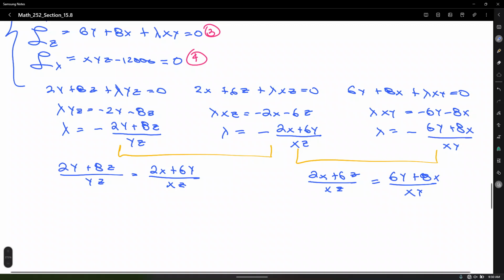Okay, cross multiply the equation. Cross multiply, cross multiply, cross multiply, cross multiply. That's going to leave us with the following. So xz times 2y plus 8z equals yz times 2x plus 6y. Okay, let's distribute to get